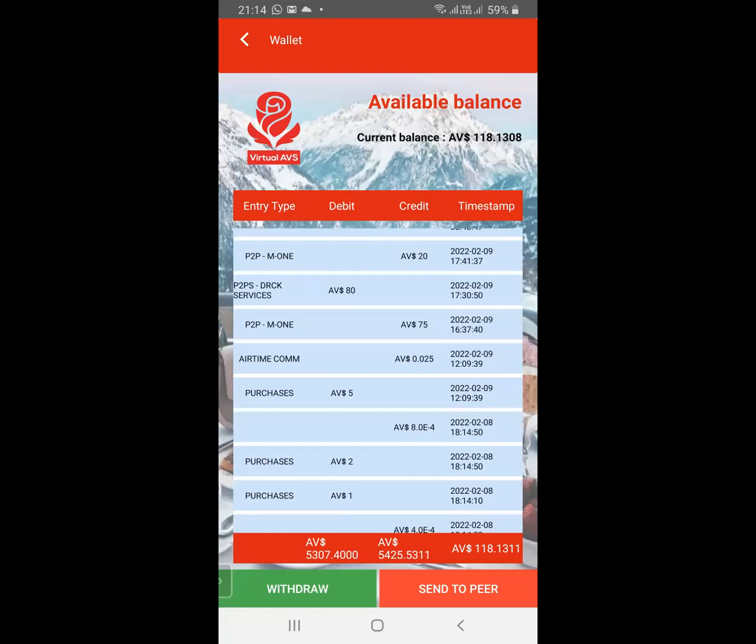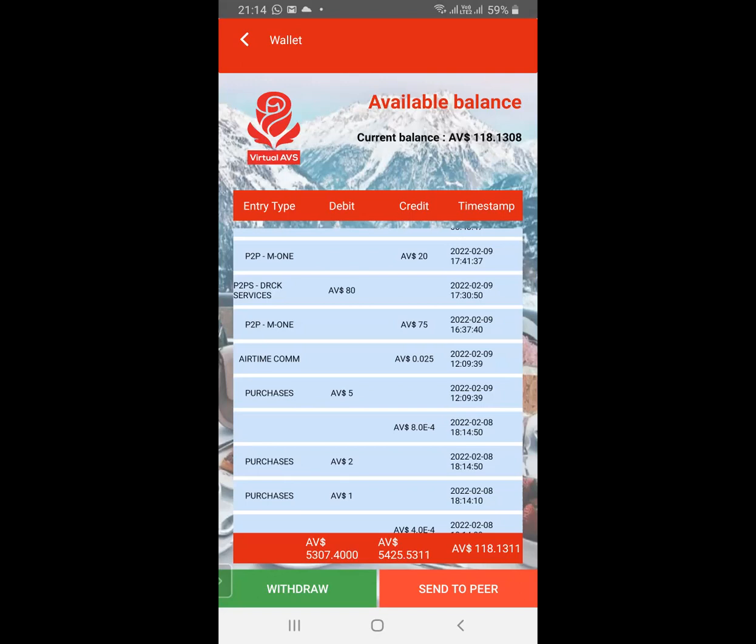Debit is what is leaving your account, could be purchases, maybe you're purchasing a license, airtime float, or utility, maybe even doing a withdrawal. All that would appear there as a debit. The difference between the two will always give you the current balance in your account. You less debit from credit, you get the current balance.